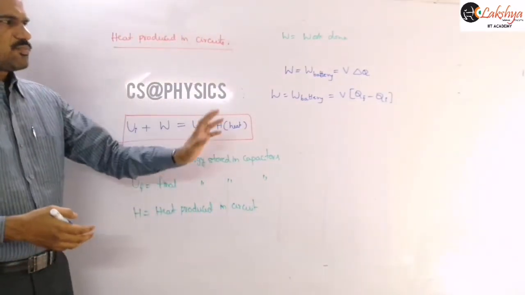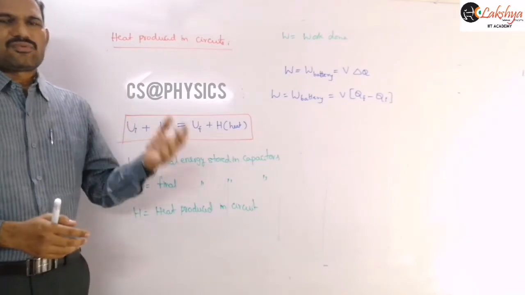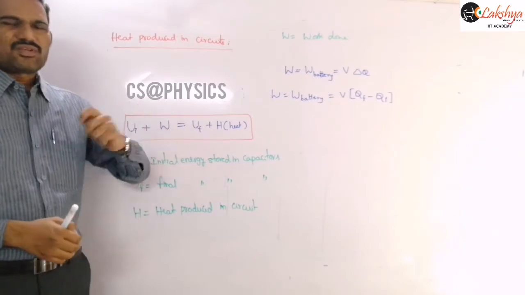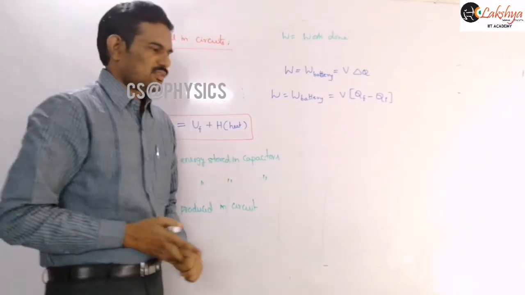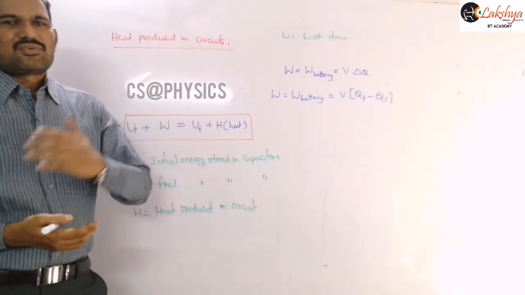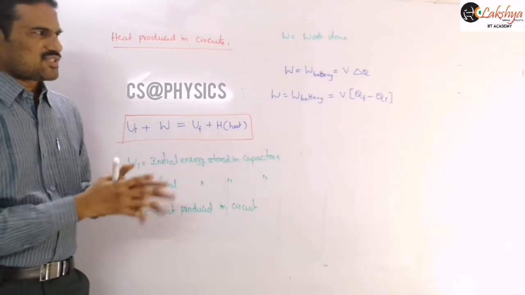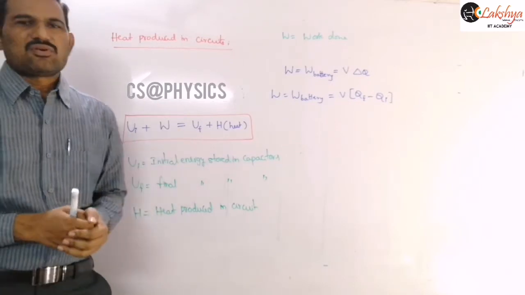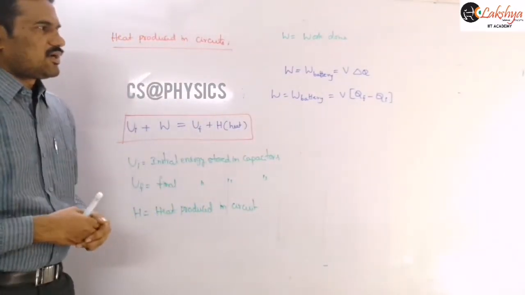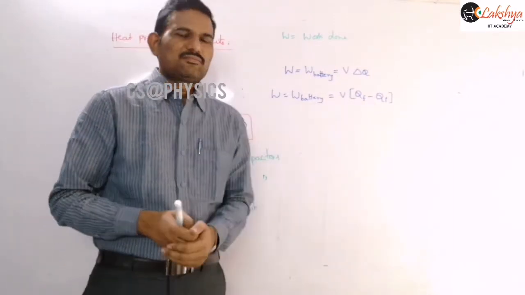And in most of our problems, the W means the work done by the battery only is involved here, because in most of our problems you can find, we will discuss some examples here, just shifting the position of the switch only. That means it may be connected, switched on or switched off, or if a two-way key is there, shifting the switch from one position to another position. So in such a problem, the work done by the external agent will be negligible. Only work done by the battery we need to calculate. So work done by the battery will be like this.